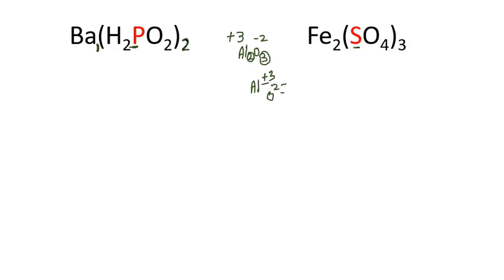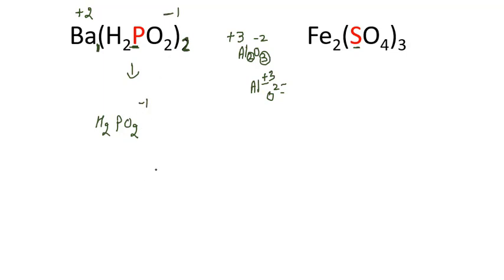This is also the simplest method, so better we use the simplest method. In this case also you can see one barium is there, and this is 2, so we can crisscross these numbers. 2 will go on the left side, the first one is always positive, and 1 here we get -1. Okay, from here we get the anions. We select the anion part because only from the anion part we can calculate the oxidation number of phosphorus. Phosphorus is present only in the anionic part. So here we get H2PO2 and its overall charge is what? -1. We simplified this portion.